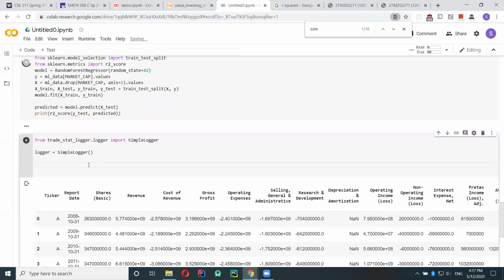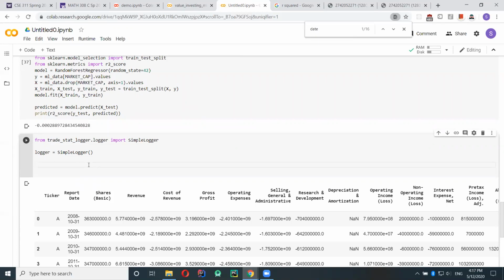So we're going to predict the market cap for the 2018 data. And if the stock is overvalued, we are going to buy it and sell it in 2020. And if it's undervalued, we're going to short it and cover our position.